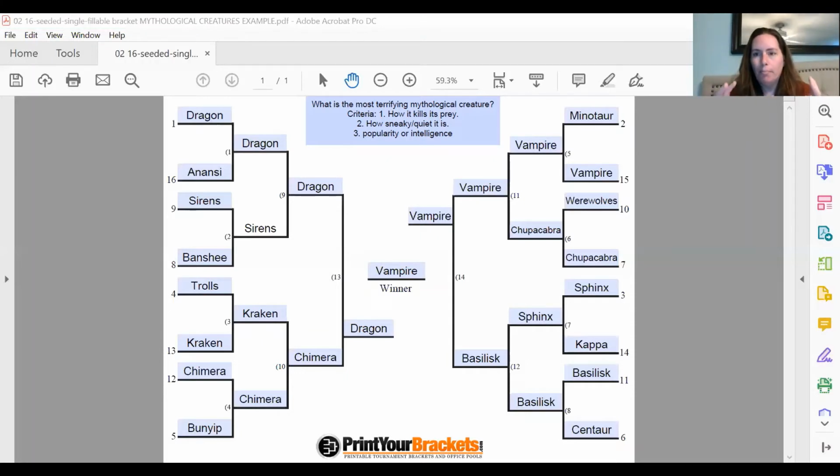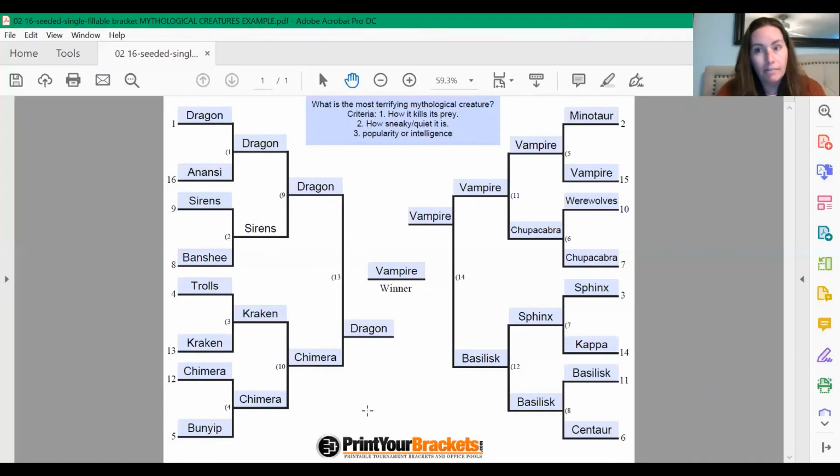But a Chimaira, it's got a goat body with a goat head and a lion's head at the front, and at the back its tail is like a serpent, or some call it a dragon's head. So it's a 3-headed creature, along its body, and it breathes fire, but it can't fly. Okay, it cannot fly. That's one of its weaknesses. I decided that between the Bunyip and the Chimaira, the Chimaira would win, because of how it kills its prey. I mean, the Bunyip just rips people apart, and I figured the Chimaira can do that, but it can also burn you.